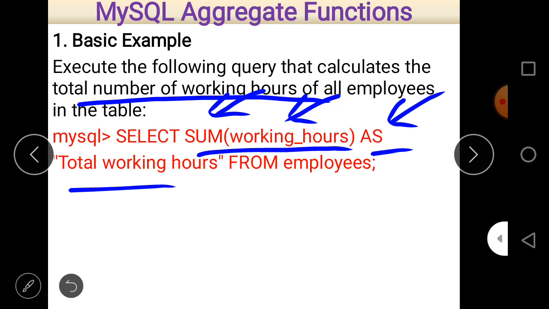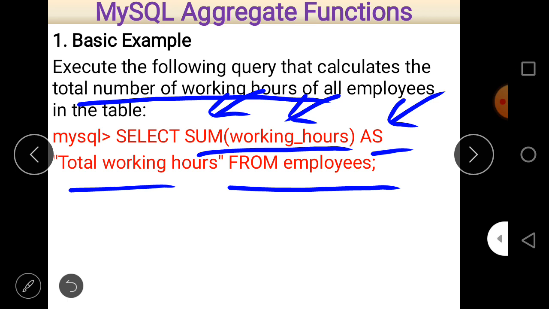So here as is used as a keyword, and total working hours provides an alternative name to sum of working hours. And as we know that the table name is employee, just write from employee. This is the basic example, no condition is given, so we just write the sum function and mention the table name.